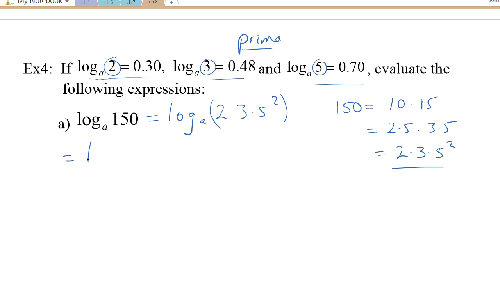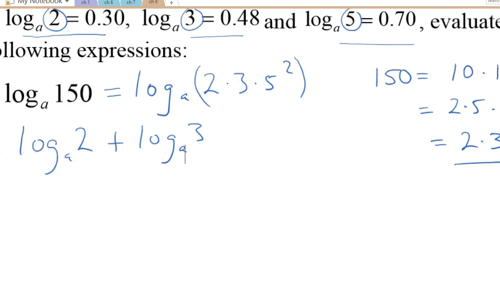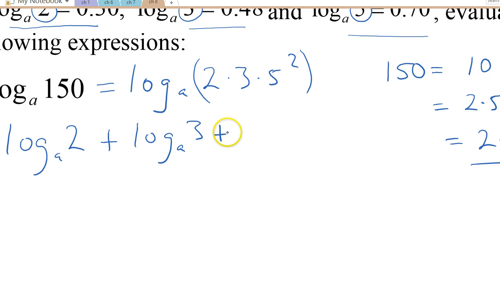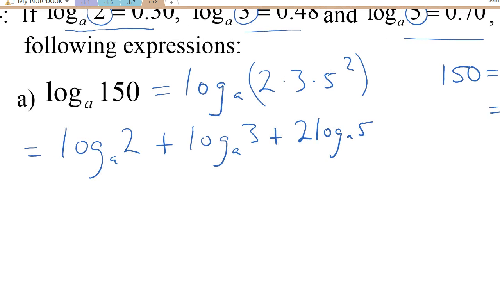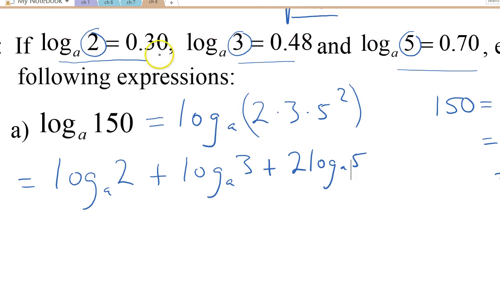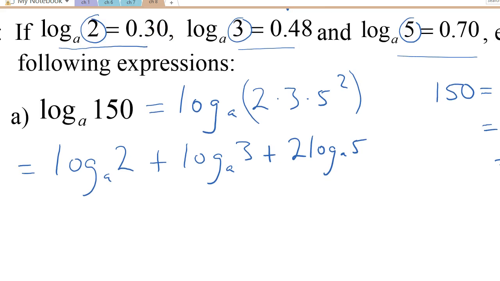which is equal to the log base a of 2 plus the log base a of 3 plus, now do you see what's going to happen because this is squared? I can make it 2 times the log base a of 5. Okay, now I know what the log base a of 2 is, it's 0.3